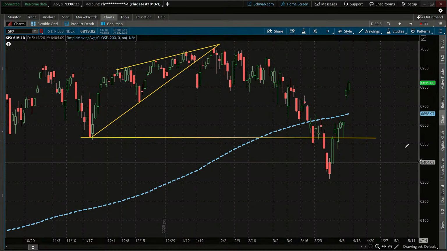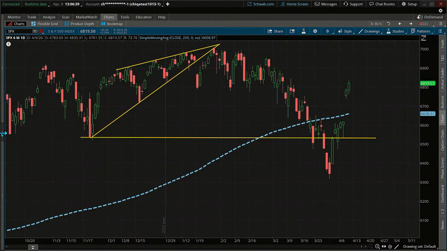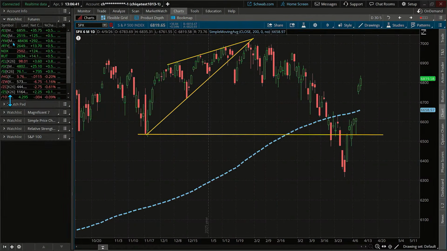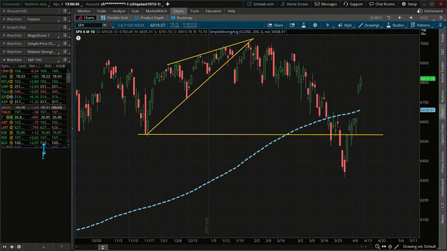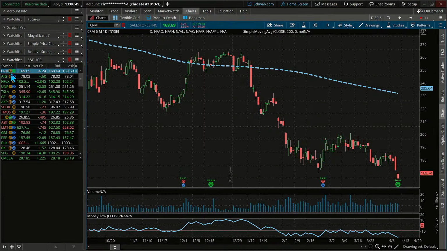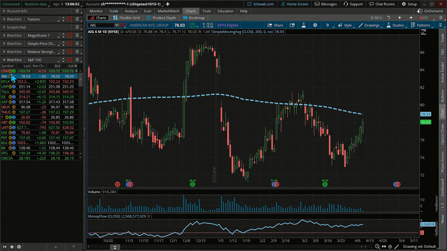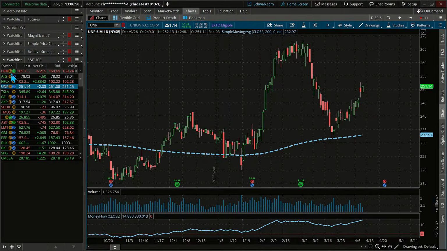But if we wanted to find companies that also have been breaking above this level recently, without going like this, because this is what it's kind of like. Well, here's the S&P 100. We can take a look at that too, just as an example. These are larger companies within the S&P 500, but you can just go through here and start clicking. I mean, you see a lot of these are down. A lot of them aren't above their 200 and haven't crossed. This one might be getting close to it. Netflix, it's got some earnings coming up.